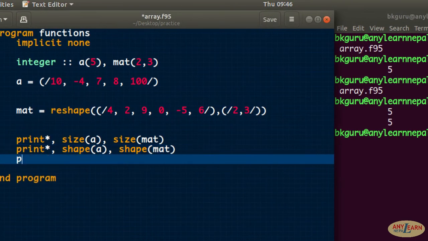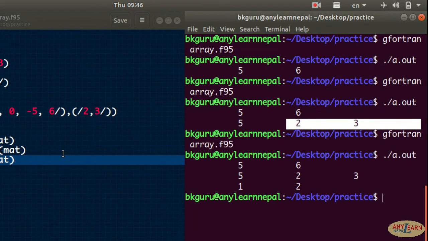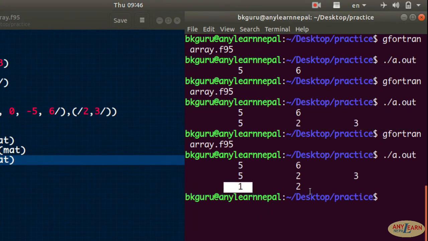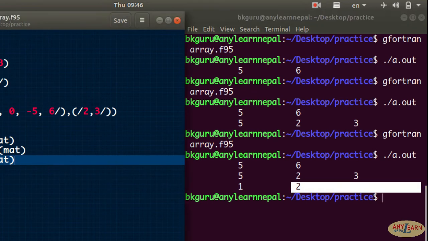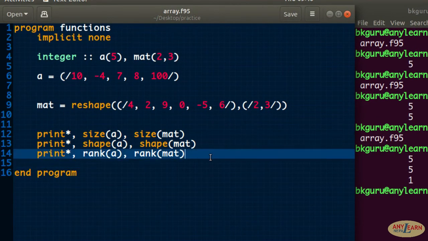Now I want to print out the rank. Rank is the dimension of the array. So rank of A, and the rank of mat. Let's print out. We got 1 and 2 because the A array is a one dimensional array and mat is a 2 dimensional array. So size, shape and rank are intrinsic functions of the array.